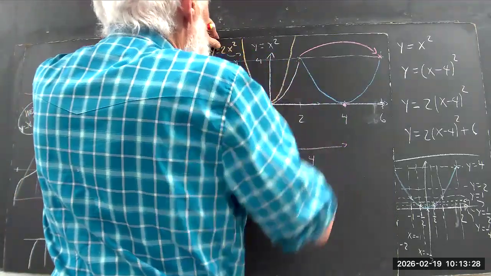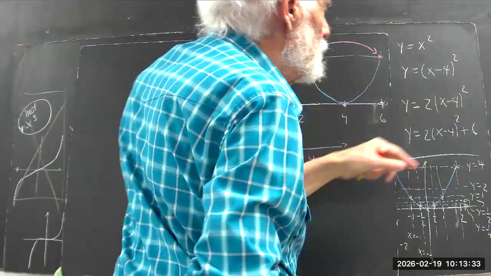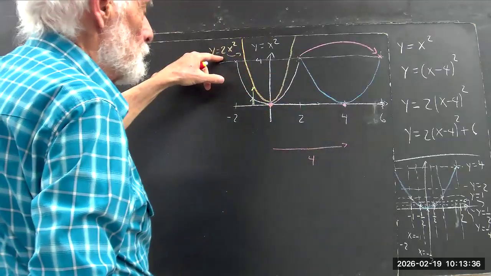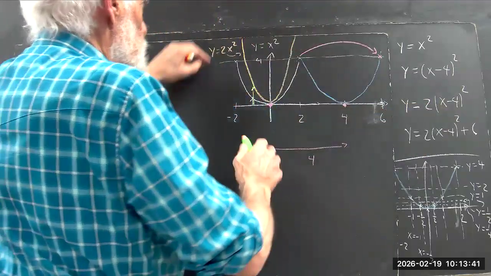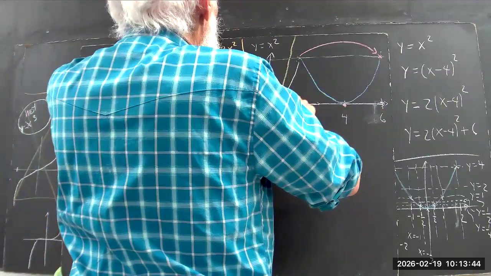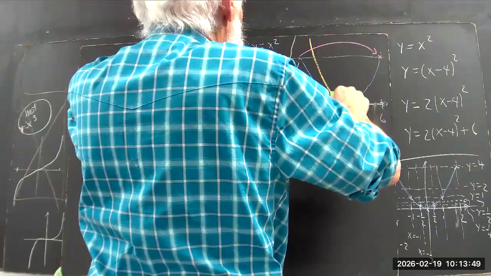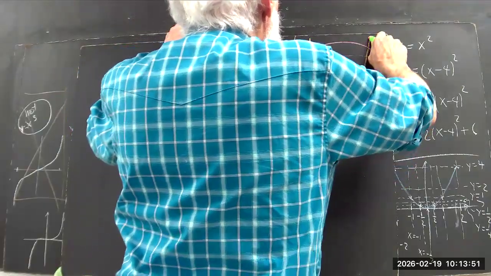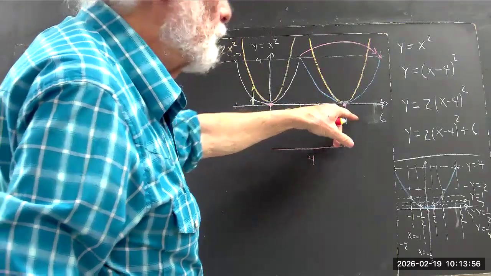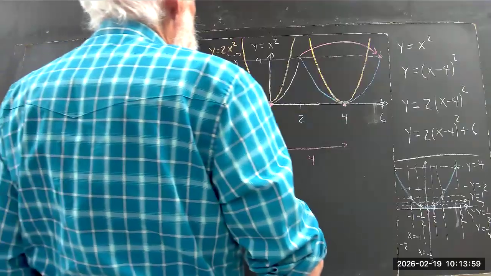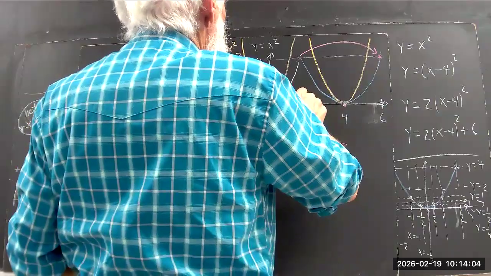When we then shift this graph, y equals 2 times the quantity x minus 4 squared is the 2x squared function, but we've replaced x by x minus 4, and that moves every point 4 units to the right. So for this graph of y equals 2x squared, the vertex moves from the origin to the point 4, 0, and the rest of the graph goes along with it. So here we have a graph of